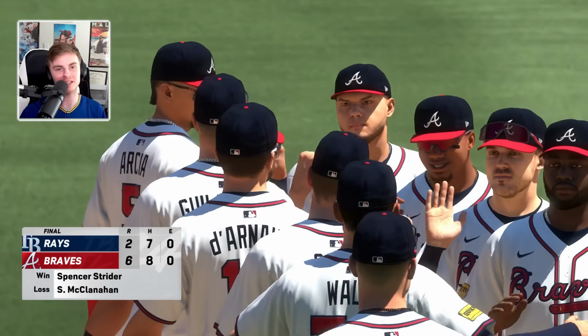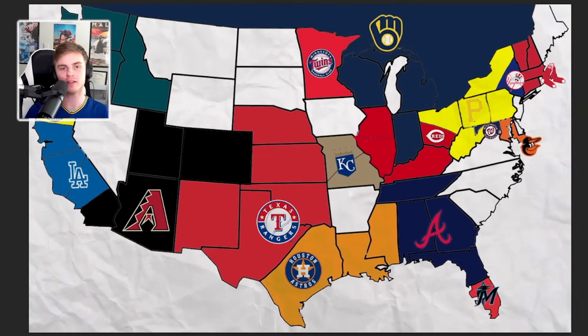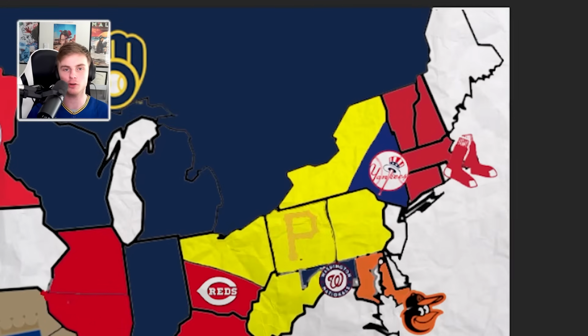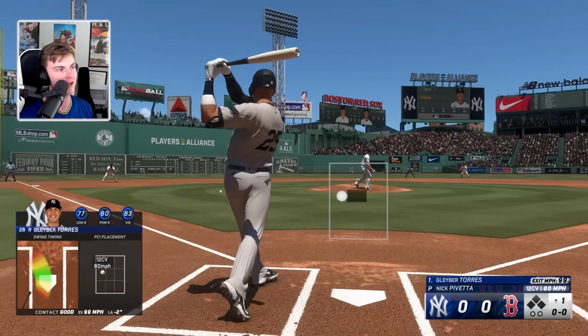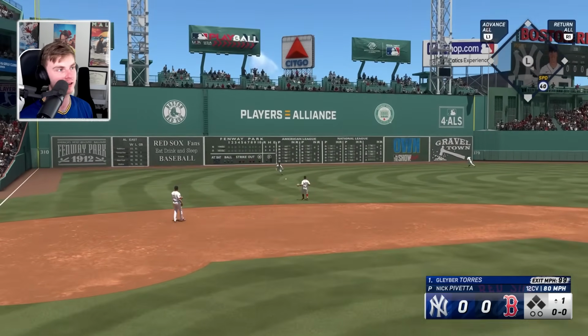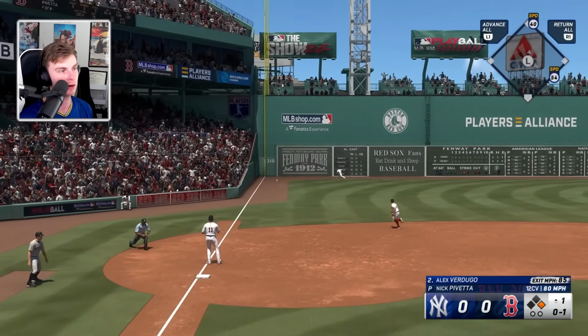So I would have been curious to see if the Rays would have had better tournament luck if they didn't play Atlanta, but this is what the map's looking like after that game, as we've nearly eliminated half the teams, and we're going to finally see the New York Yankees play as they're attacking the Boston Red Sox. These two teams faced off in my MLB March Madness video, and it was a great game, so hopefully this one's just as exciting as Alex Verdugo is going to double the other way to put runners at 2 and